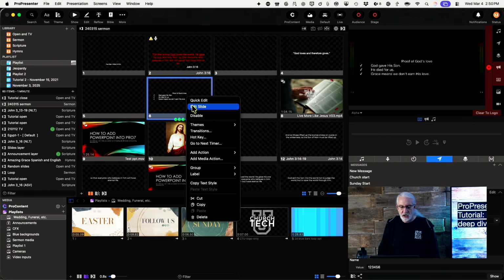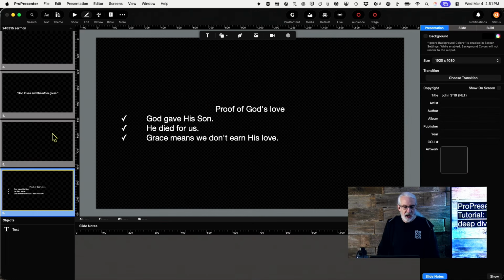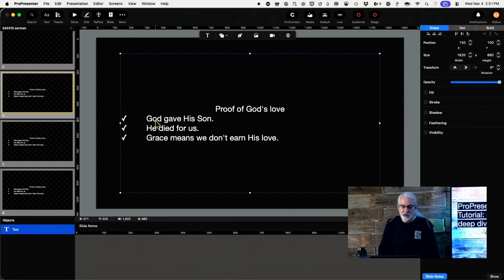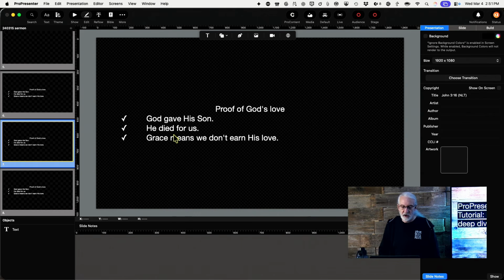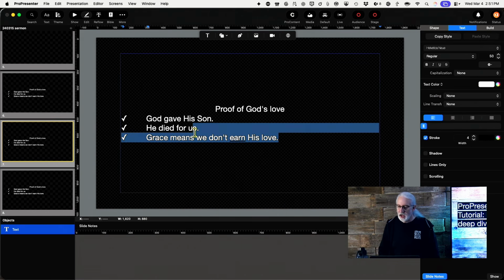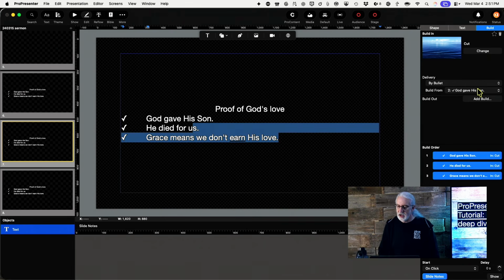Well, let's right click and edit this slide, and I'm going to right click and duplicate the slide a couple of times. So if I have any inkling, whether the pastor's told me or just my experience tells me that it could absolutely happen that we're going to jump back and forth, I'm going to make one new slide for each one of these. And instead of having it as it was with the build starting with line 2 here, God gave his son, I'm going to, for the second one, go here and go to build, and instead of God gave his son,